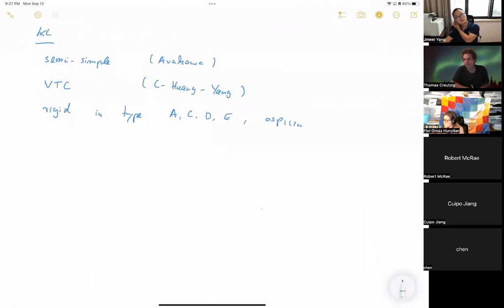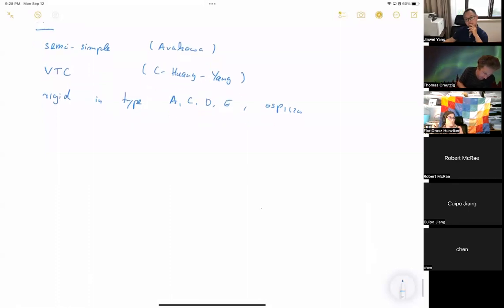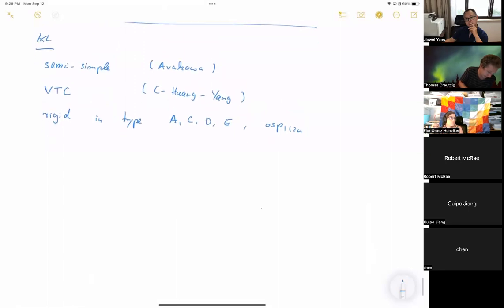OSP 1|2N is the only simple Lie superalgebra that is not a Lie algebra and that allows for a positive definite bilinear form, and in fact it behaves in many respects like a Lie algebra, in most respects like a type B Lie algebra. Everything I'm saying here, the semi-simplicity and the vertex tensor category statement and the rigidity, also holds for OSP 1|2N. That's quite nice, and that's a relatively recent result of Naoki Genra, Andy Linshaw, and myself. Anyway, I will not say much more about